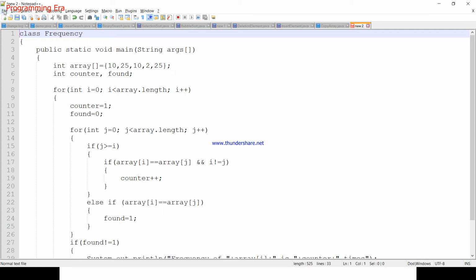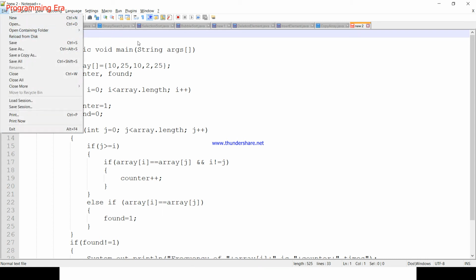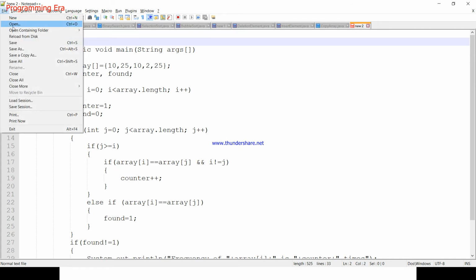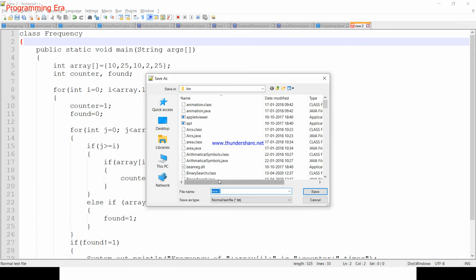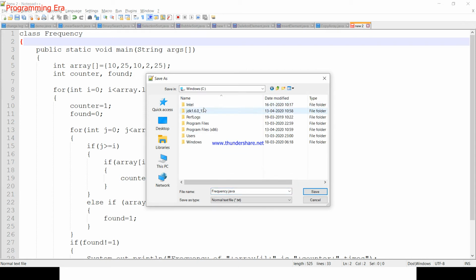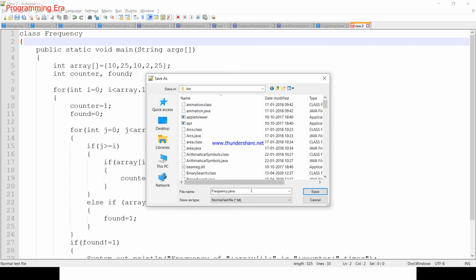First of all, we'll save this program. Frequency.java is the name of this program. We'll save this program in the C drive JDK bin folder.